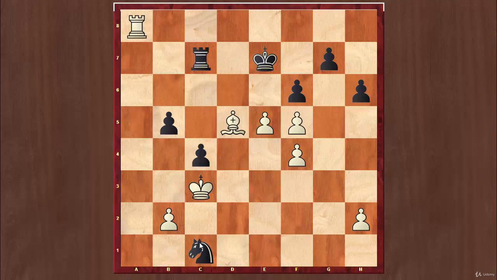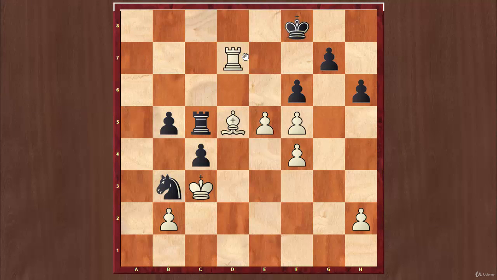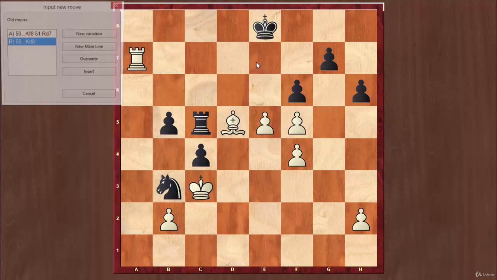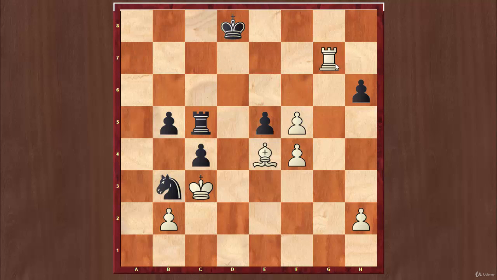Other defenses are no better. For example, rook c5, rook f7, check, king d8. If king f8, then rook d7. And if king e8, then bishop f7, check, king f8, and e6. That's why in this position king d8, bishop e4, f takes on e5, rook takes on g7, knight d4,